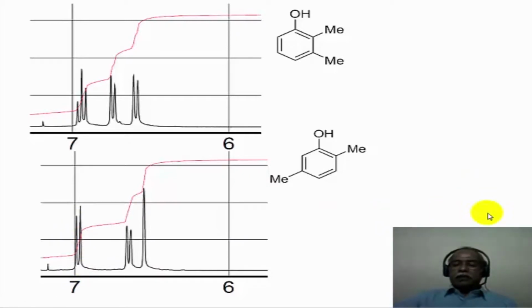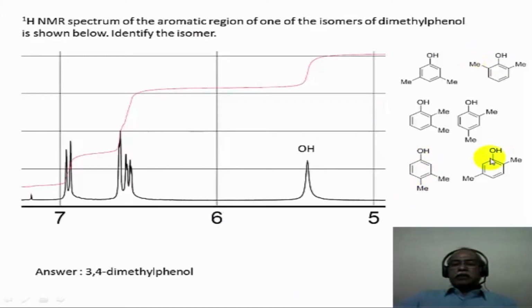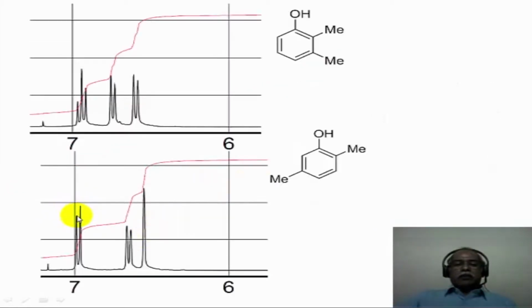If one can recognize this pattern properly, then it is possible to distinguish between the various isomers of aromatic compounds purely based on the simple first order analysis that we have done, because most of these patterns look like a first order pattern. For example, the doublet looks almost equal in intensity. This doublet also looks almost equal in intensity. Although there is a small roofing effect that is still seen in the spectra, one can afford to use a first order kind of treatment to analyze this spectrum.